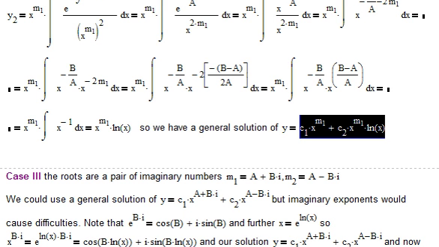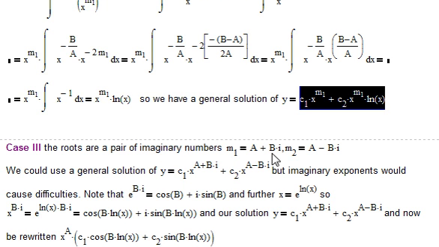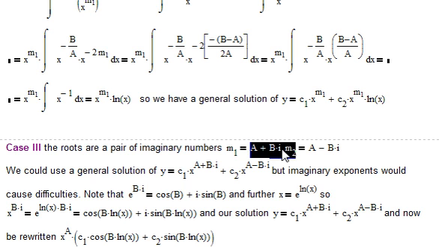Now, it could get worse. So now what? Okay. Well, suppose we get imaginary numbers for the roots. Then m1 is a plus bi, m2 is a minus bi. And now what do you think? Yes, well, we could start out by saying the general solution is c1 x to the a plus bi plus c2 x to the a minus bi, but imaginary exponents would cause us some difficulties. So we know that e to the bi is cosine of b plus i sine of b,